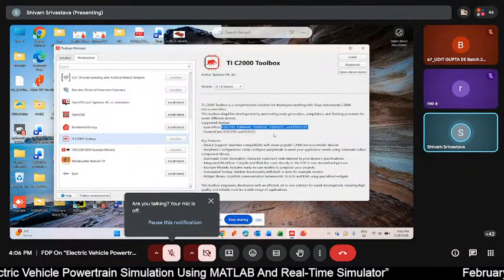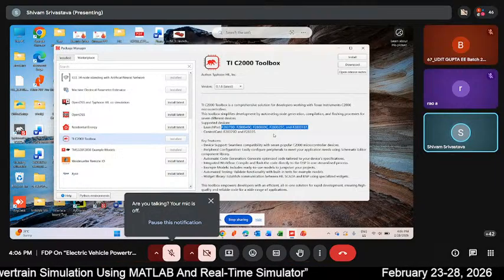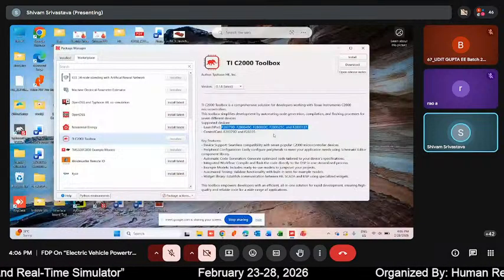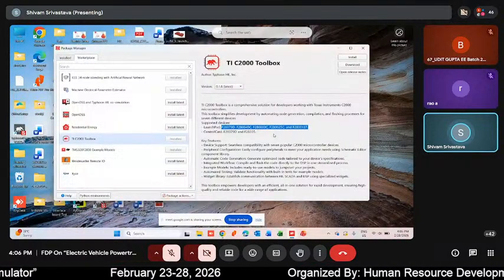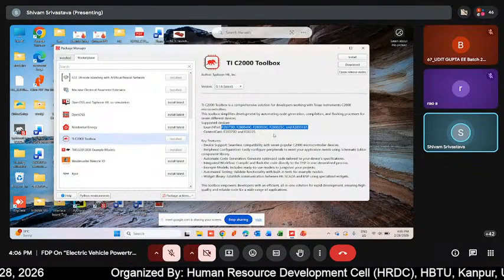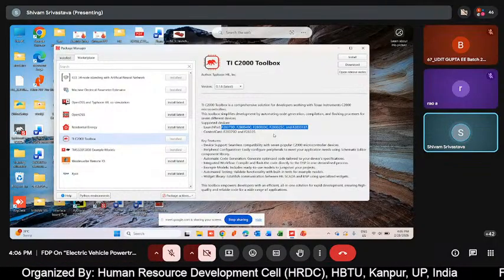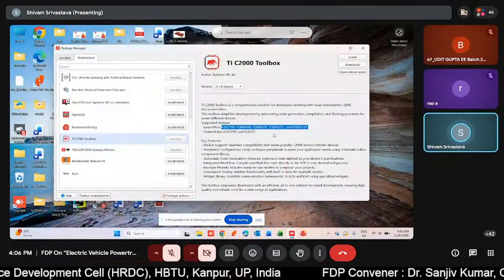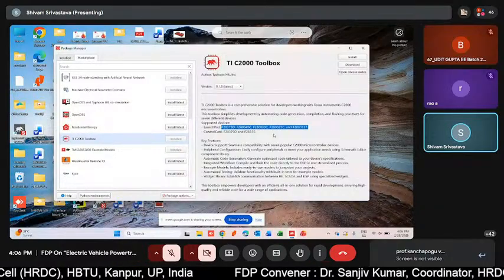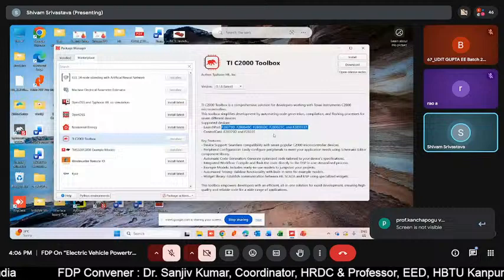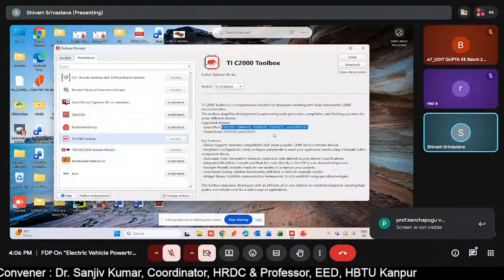These things are quite compatible with this particular toolbox by the name of the TI C2000 toolbox. Now this gives you the idea of what devices are supported by this toolbox. Again, what additional things do we get while using this toolbox? As you can go through the previous slides or the previous session, you must be aware about